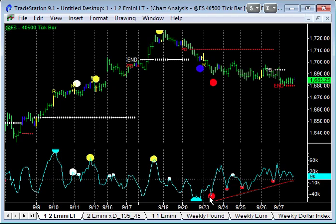Then a first bullish divergence signal comes in. Then a whole little series of little bullish divergence signals, shallower and shallower selling going on here. And they end up looking like a straight line here. And the point I want to make about this, if this were physics, if you were turning a corner in a car, you'd be